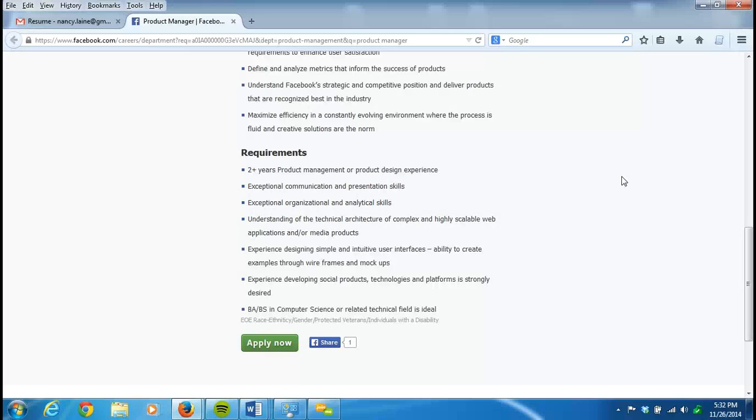Well, one way to do this, again, you could Google that and see what comes up, because it's going to give you all kinds of definitions of exactly what that means. And you want to definitely use these words for sure, exceptional organizational and analytical skills, but you might also want to use some of the words you find when you Google it to show, beyond a shadow of a doubt, that's what you were doing. You were showing that you had exceptional organizational and analytical skills when you